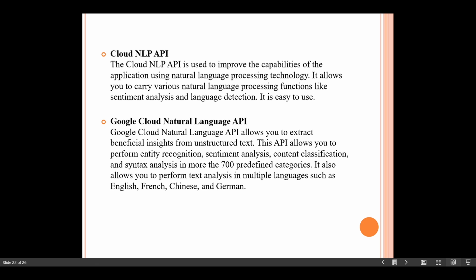This API has five features, which are entity recognition, sentiment analysis, content classification, syntax analysis, and entity sentiment analysis. We can also perform text analysis in multiple languages like English, French, and Chinese using the Google Cloud Natural Language API. So that's all about the APIs used for natural language processing.